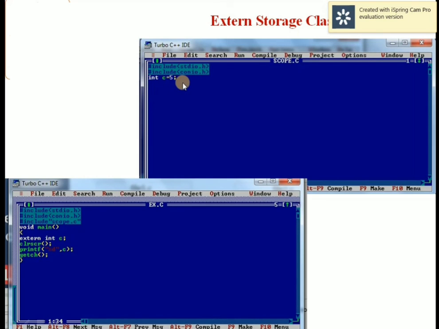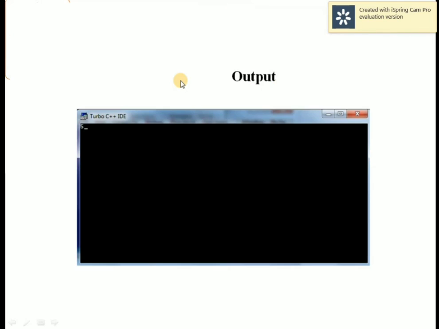So this was the scope. I can access the external variable in another file globally, right? So what is the case of the default value? If I don't initialize c is equal to 5, then what will happen? The value of c would be 0, as the default initial value of an external storage class variable is 0. So 0 would be printed, but in this case I have initialized it to 5, so 5 will be printed.